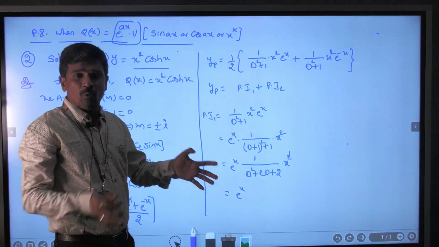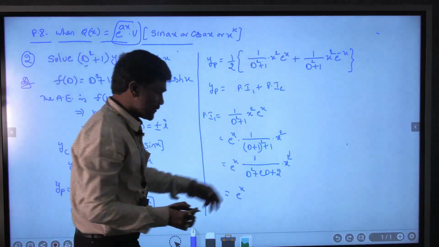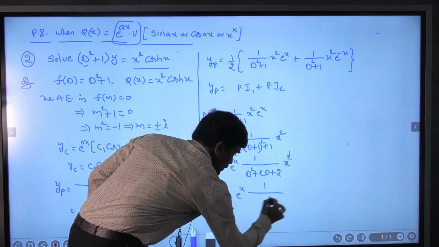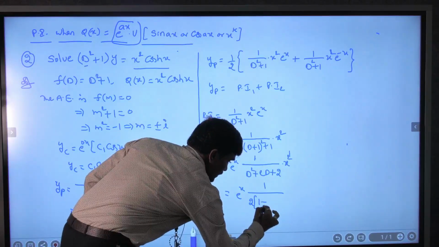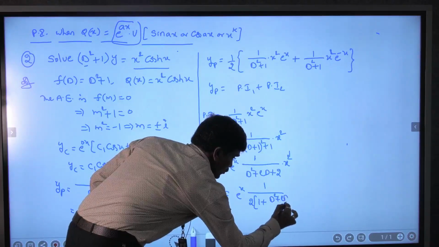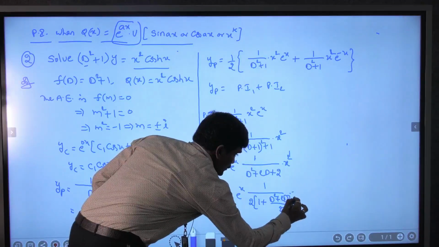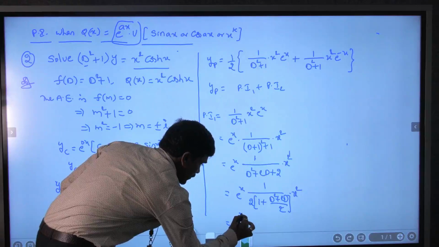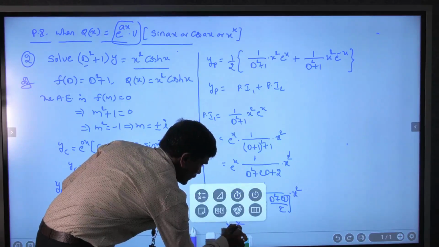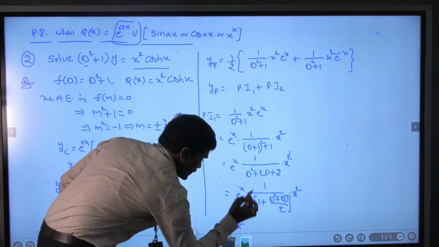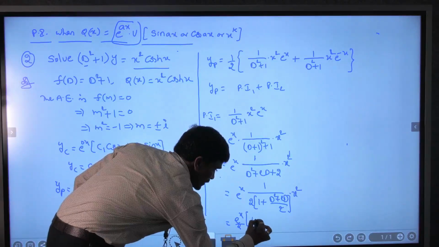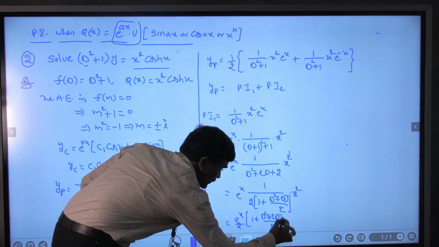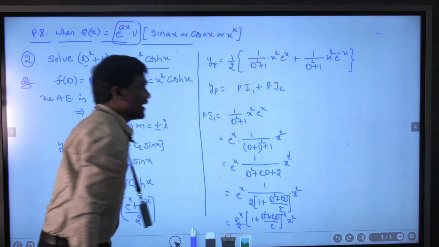in the form of 1 plus or minus phi(D). So to write it in the form of 1 plus or minus phi(D), here take 2 common. So here we write 1 plus (D² + 2D) by 2, into x². Right, now here the constant e^x by 2, take into numerator, (1 plus (D² + 2D) by 2) inverse into x².